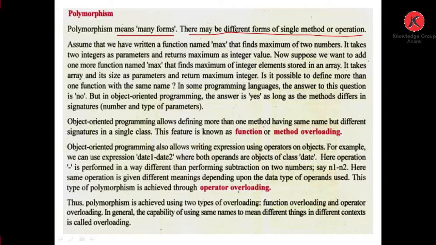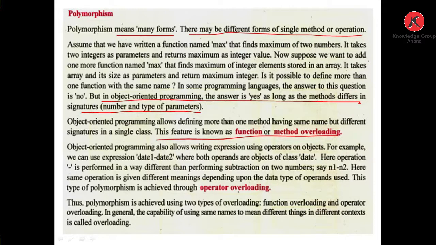In some programming languages, the answer to this question is no. But in object-oriented programming, the answer is yes, as long as the methods differ in signature, meaning the number, order and types of parameters. Object-oriented programming allows defining more than one method having the same name but different signatures in a single class. This feature is known as function or method overloading.